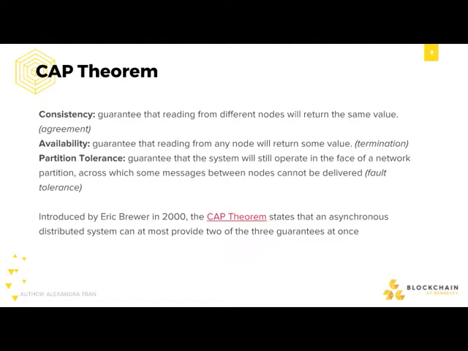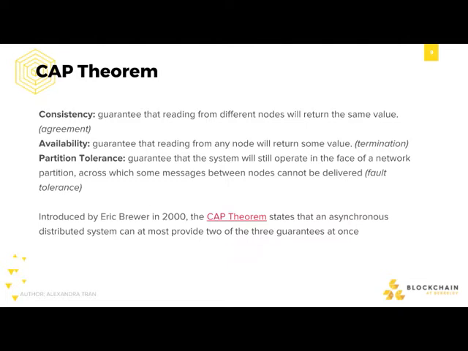All right, and this idea of network partitioning relates to this pretty important theorem or impossibility result in distributed systems called the CAP theorem. CAP stands for consistency, availability, and partition tolerance. And consistency and availability are basically what we went over earlier as the safety and liveness properties of distributed systems, which are agreement and termination.